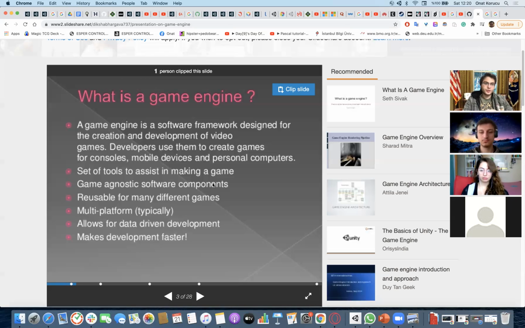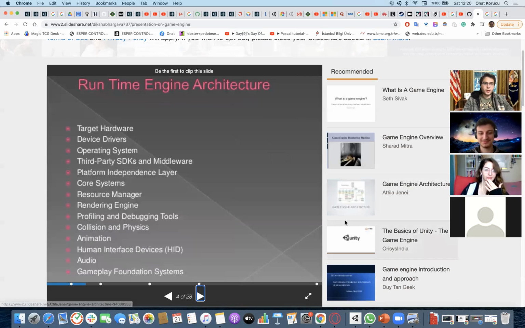It says it's reusable for many different games. We talked about that. They are typically multi-platform, according to this slide. Both Unity and Unreal are multi-platform. They allow for data-driven development. This is not needed for our lecture, and they make development faster. This is why we choose it. Okay,